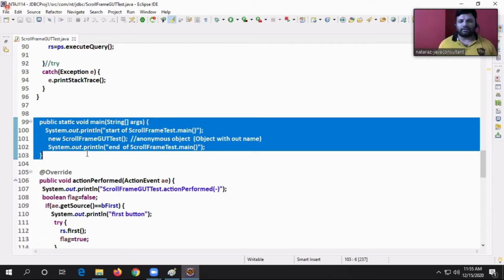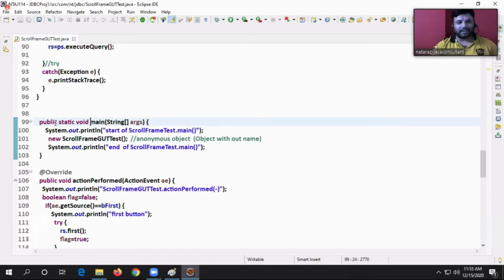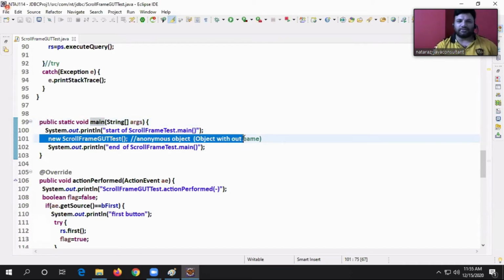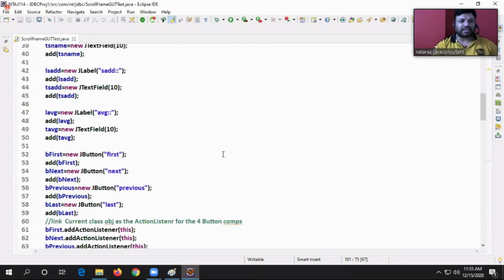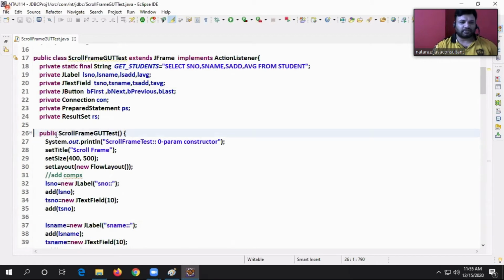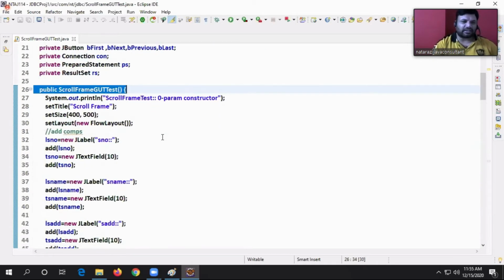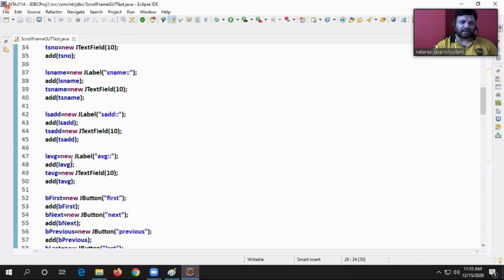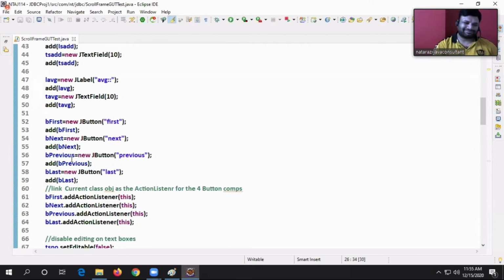Okay, now see the flow. I run the application, main method. I created the object. Object creation means the constructor executes. In the constructor, all components are added.